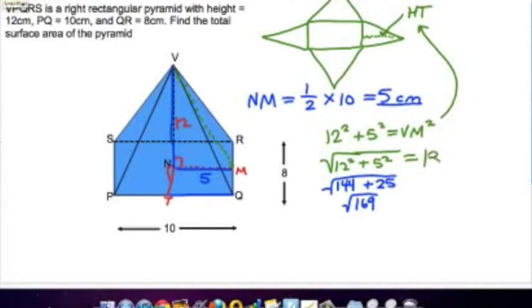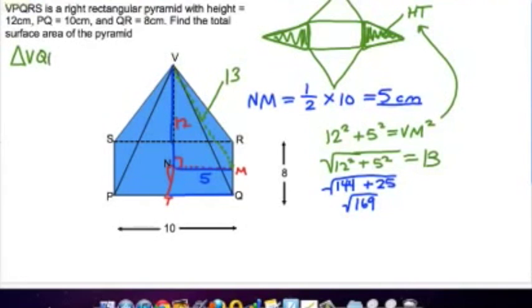That's going to get me 13. So now I know that this distance, the height of this side length, is 13. So if I want to find the area of this triangle, which by the way is also going to be the area of the triangle opposite since they both have the same side length, what I'm going to do, the area of triangle VQR, is I'm going to take,